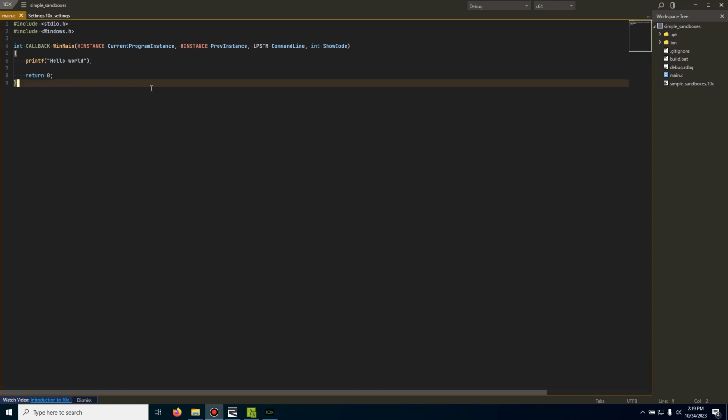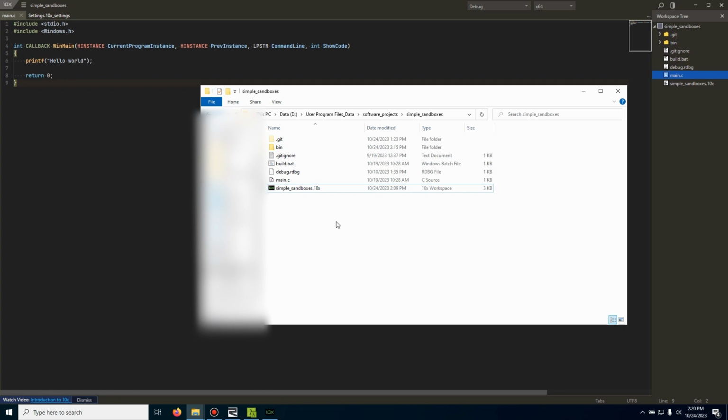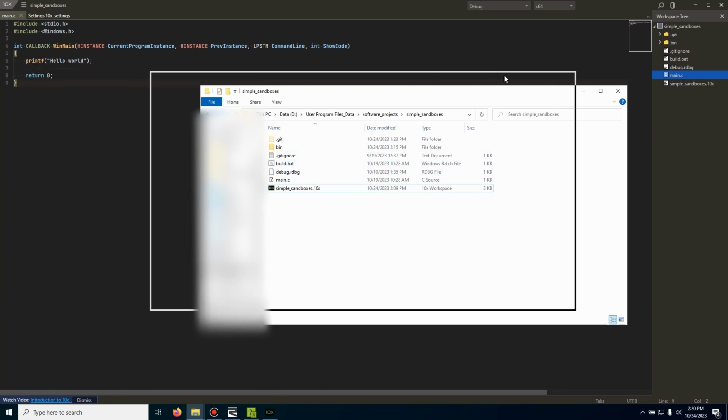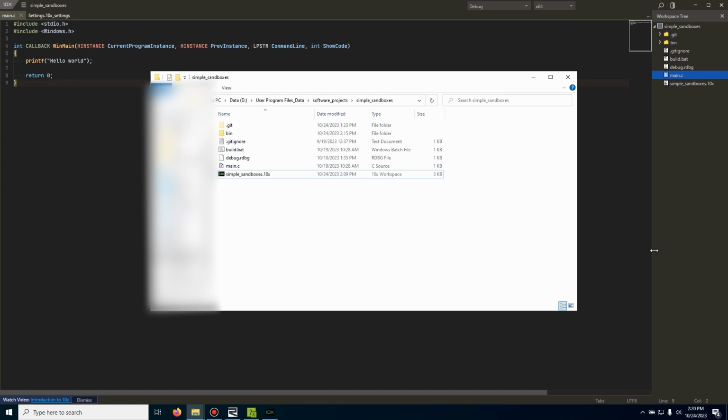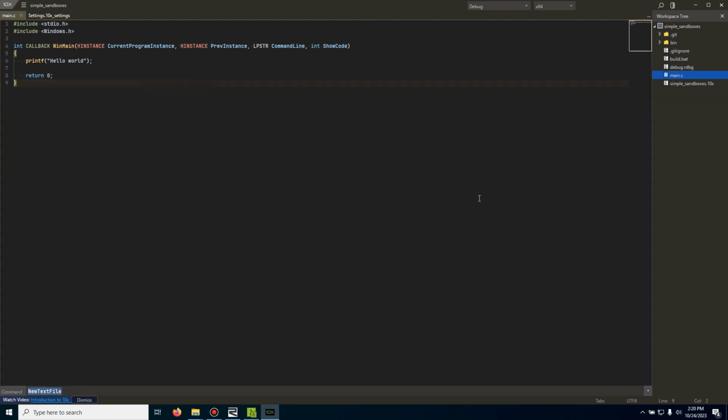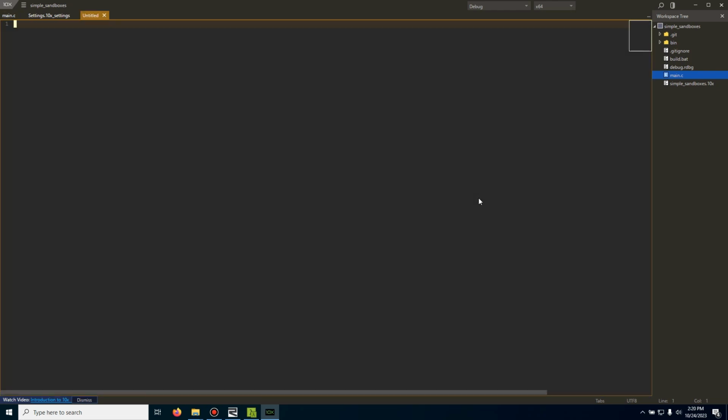All right, so moving on, real quick, I want to mention you can see it's a workspace tree, so it's just the folder directory we have here with our files. You can see the build.bat file, our C file, and this tree is just mimicking our current directory. If we create a new file in 10x with the command new text file, I could save it, name it, and it would be saved in our directory, and you would see